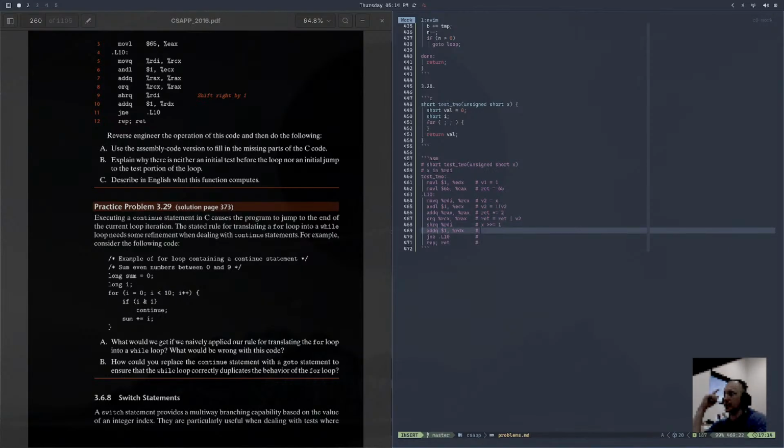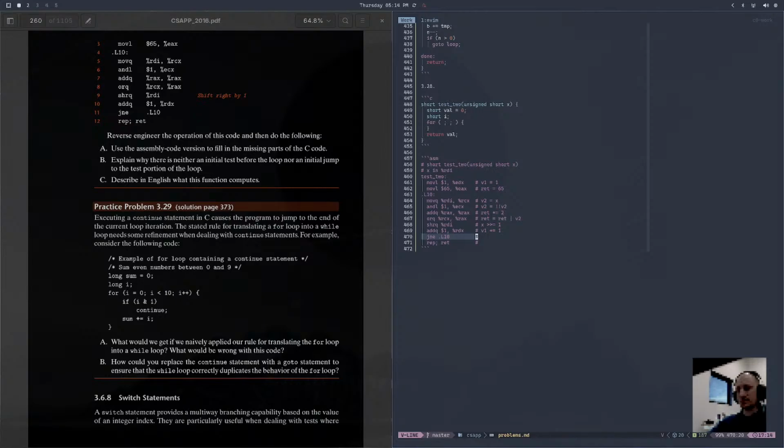And then we add quad word 1 to RDX. RDX now is EDX, which is V1, plus equals 1. And then we say jump not equal to